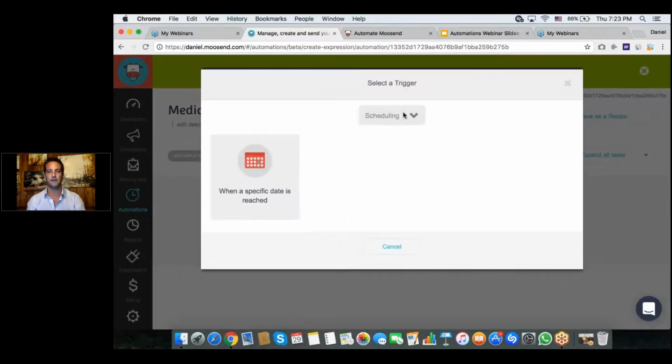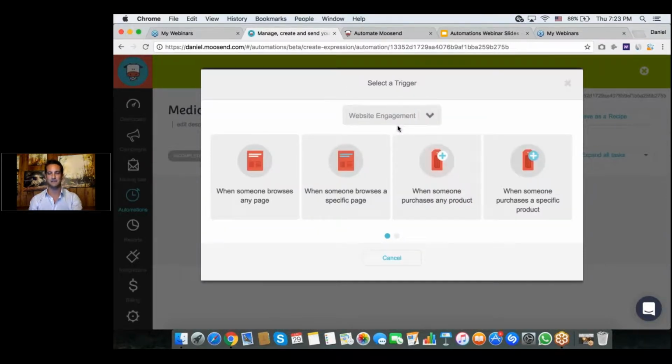We'll go back and we'll check out the last one here, website engagement. Super, super cool. Website engagement is my favorite definitely, because they're based on all of the different actions that a visitor can possibly make on your website. So I'm going to take you through each one. We've got when someone browses any page. So if you want to track someone browsing any page on your website or a specific page on your website,